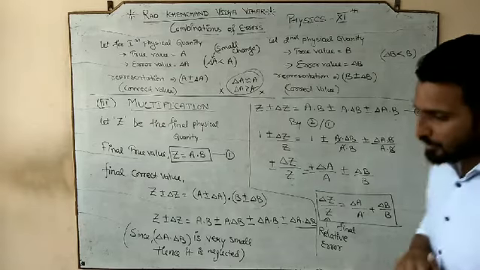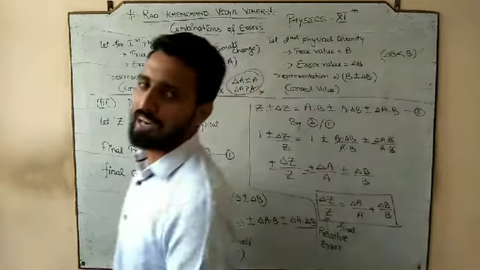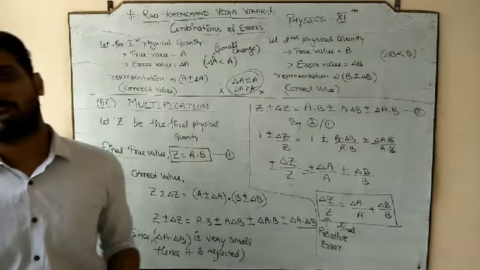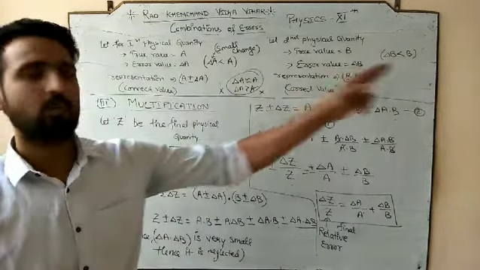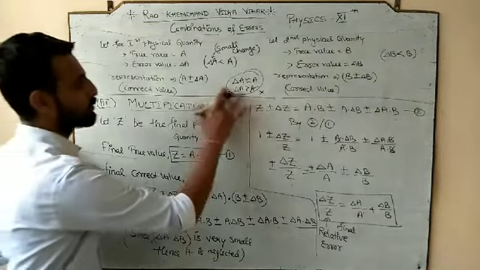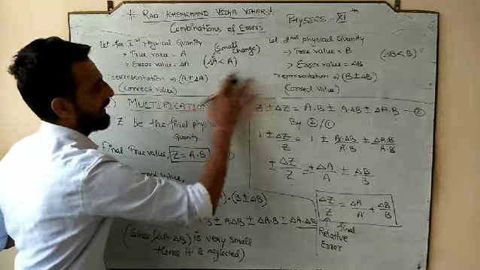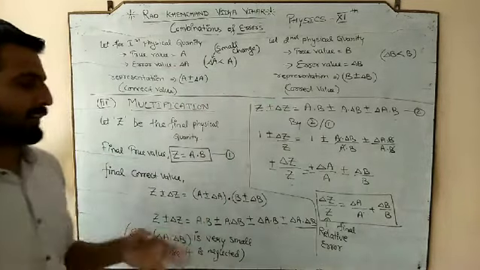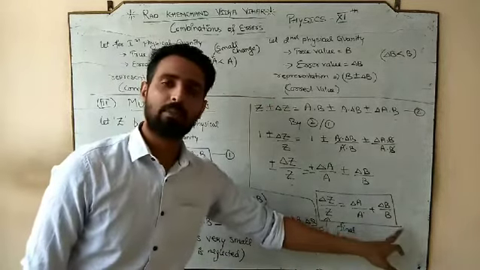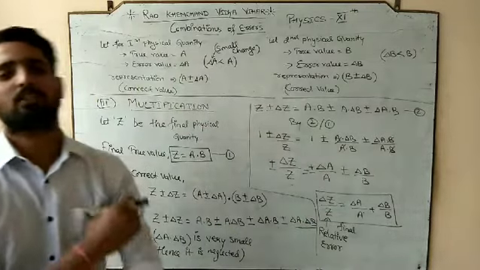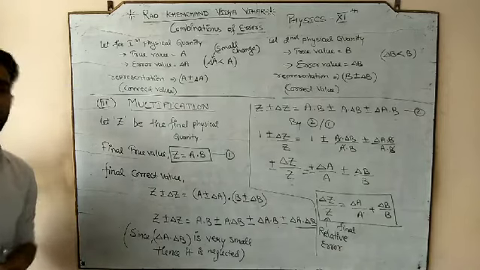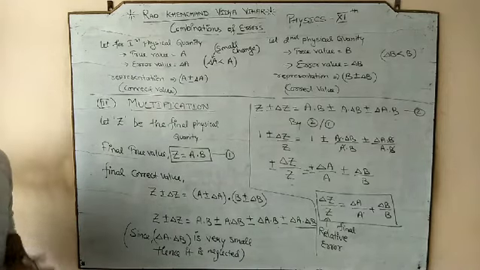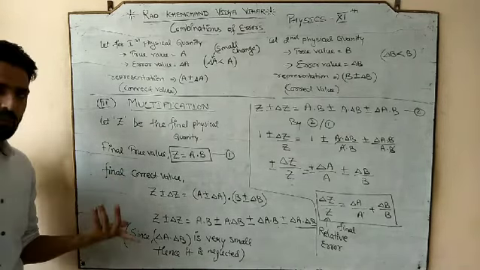It means during the multiplication, the final relative error is always equal to the sum of the relative errors of all the quantities. If I use the two quantities A and B, then it would be delta A by A plus delta B by B. If I use a third, it would be delta C by C, and so on. And here we have the multiplication rule. So in multiplication, the true value always multiplies.